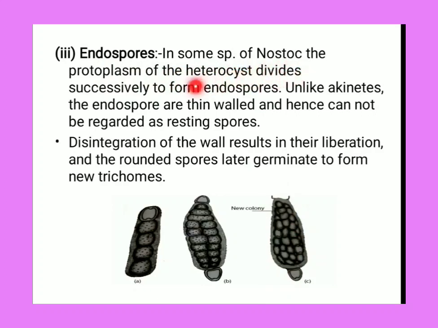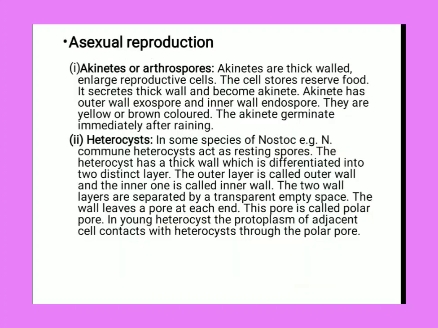In some species of Nostoc, the protoplasm of the heterocyst divides successively into endospores. Unlike akinetes, the endospores have a thin wall, hence cannot be regarded as resting spores. Disintegration of the wall results in their liberation, and rounded spores later germinate to form new trichomes. In asexual reproduction, there are three types of